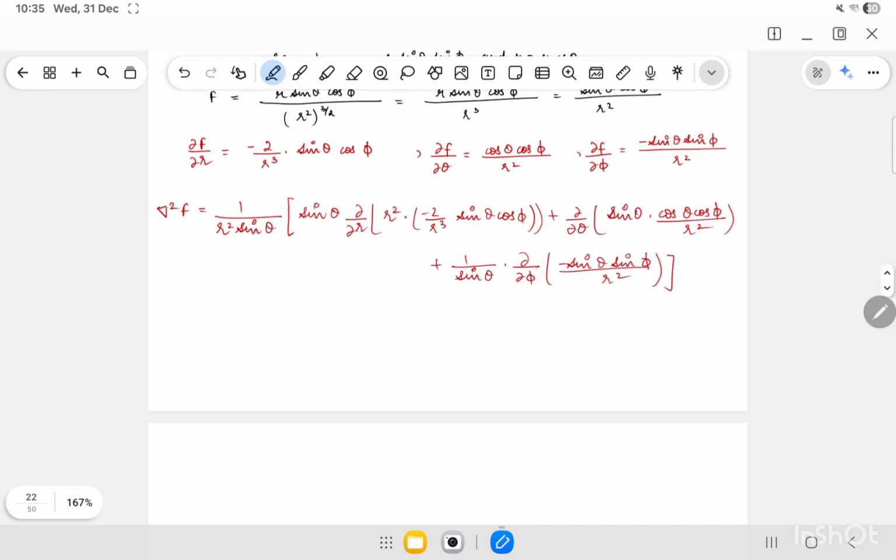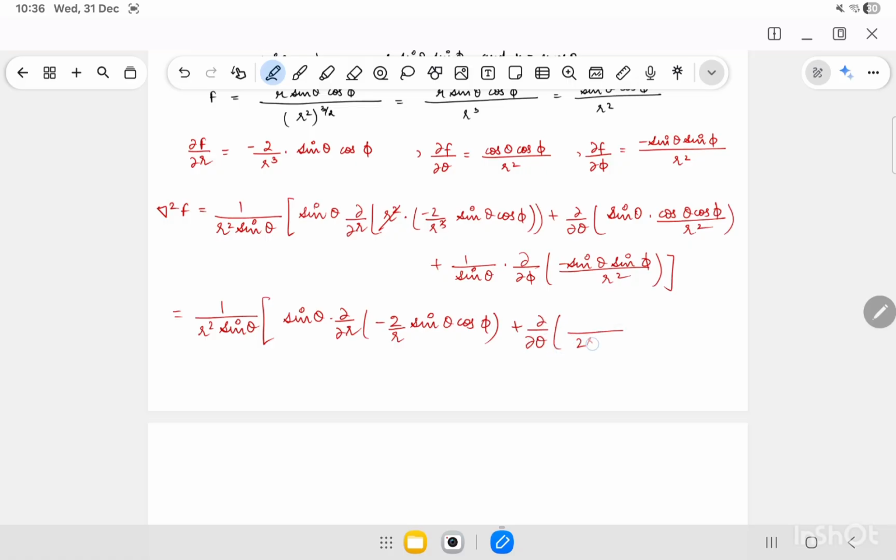So let's just simplify it. So it will be equal to 1 by r square sine theta times sine theta into del by del r, this r square balances it, so it will be equal to minus 2 by r sine theta cos phi plus del by del theta divided by 2r square sine 2 theta cos phi plus 1 by sine theta into del by del phi times minus sine theta sine phi divided by r square,